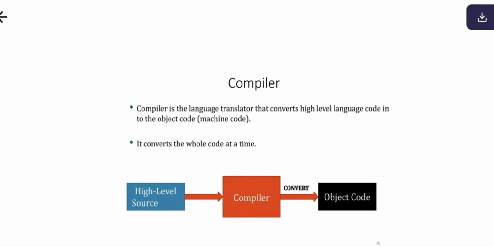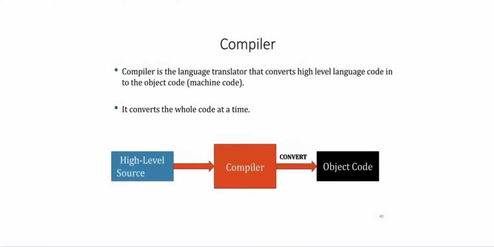While for the compiler, which is Rachel, she gives it all at one time. She gives the whole order at a time. So that's the difference between a compiler and an assembler. Like I gave the example, in this term you can say that Rachel is the compiler and Rose is the assembler. Okay,